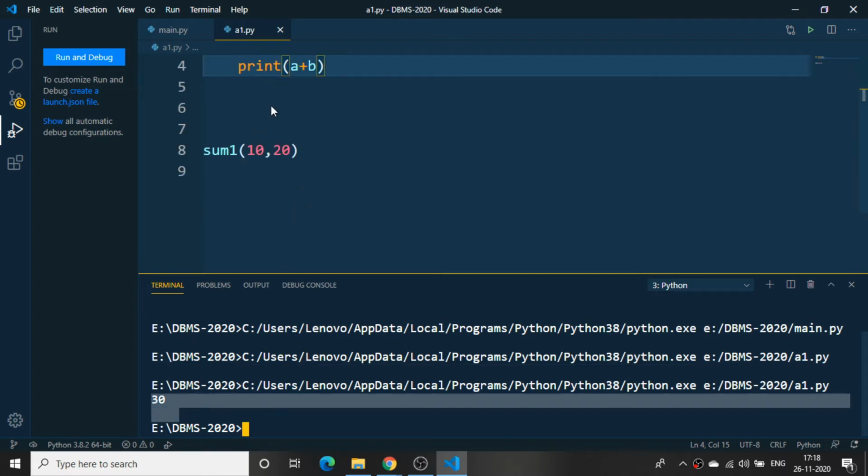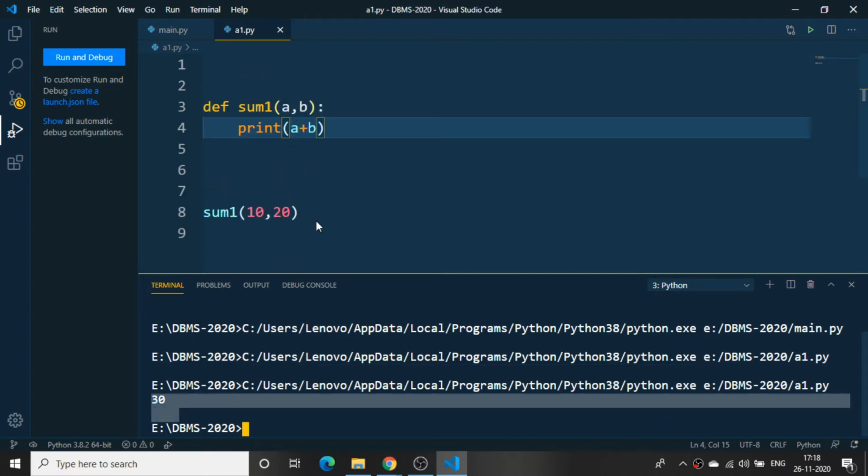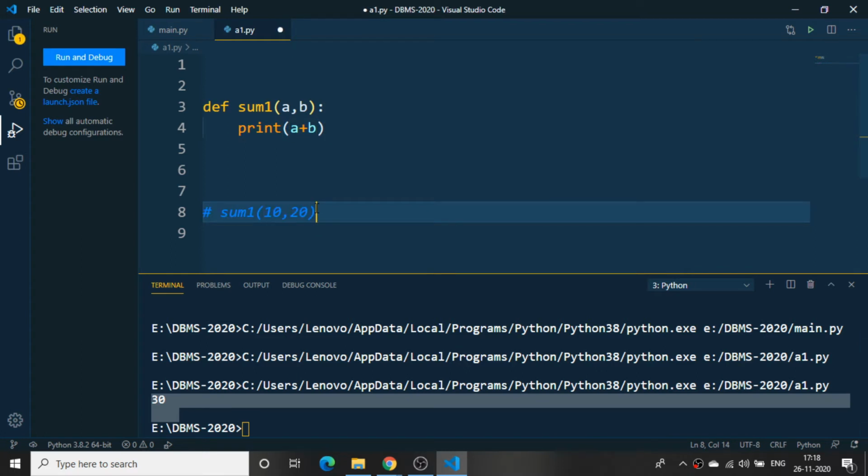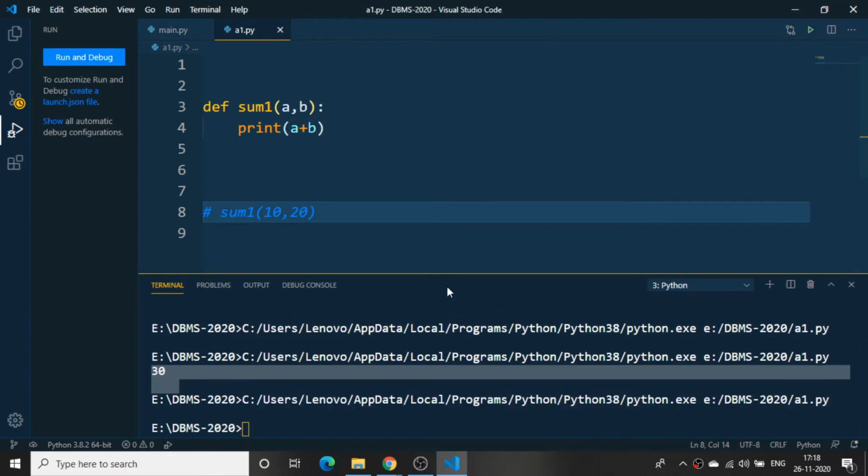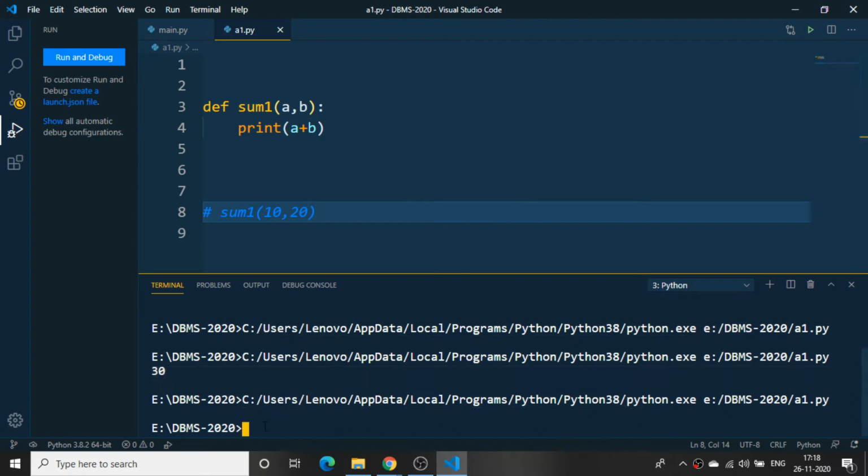So how is the function working here? It is just run. If I comment this particular sum1 function and then run, my program will run, but you cannot see any output here. You cannot see an output of 10 or anything. Why? Until and unless this sum1 function is called, this particular function doesn't work. Same way, even these particular functions will run. Okay, so this is how the functions run.